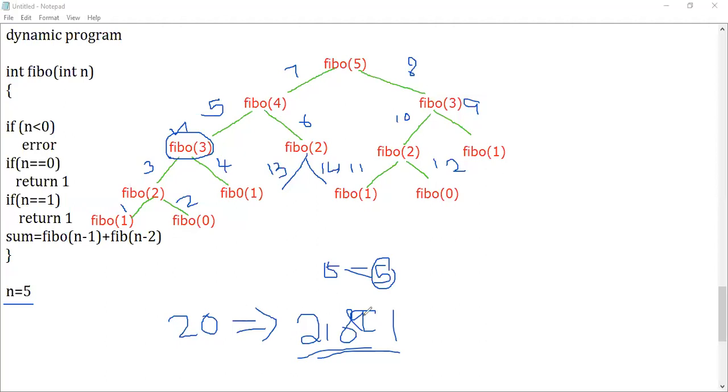So for 20, it's nearly 22,000 iterations. So it is very high. The time complexity will be big O of 2 to the power of n, which is not advisable to use. In the same scenario, what can be done here is you can reduce this complexity by making use of